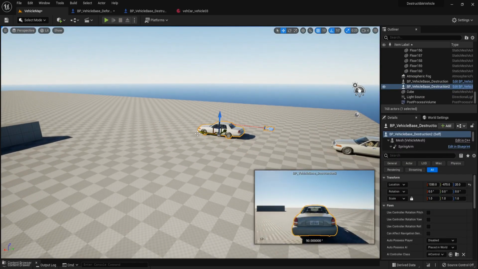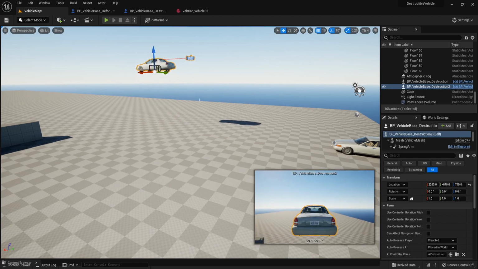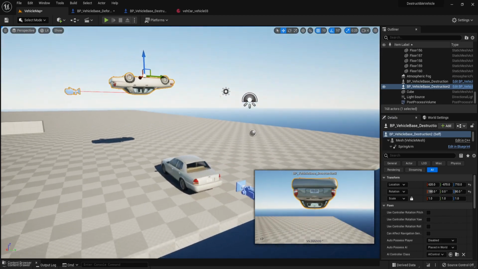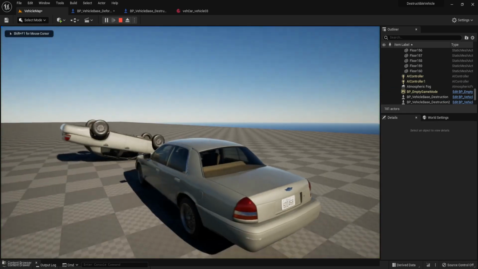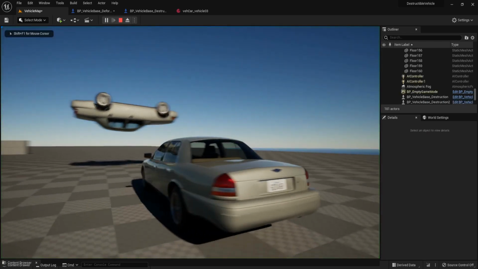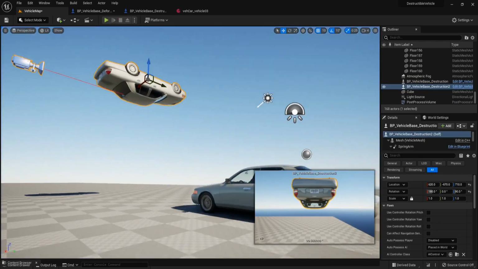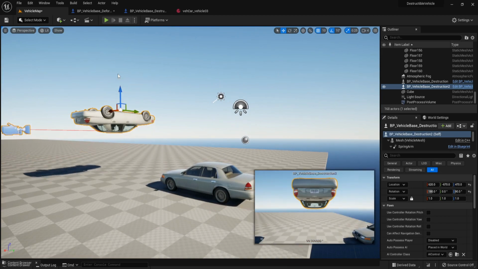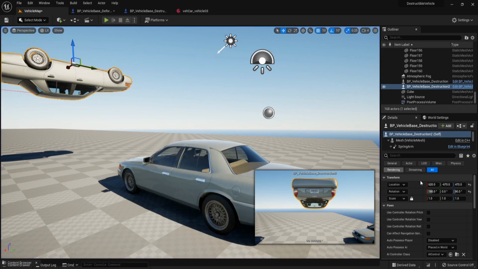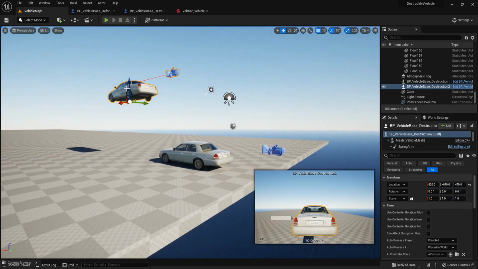And not only vehicle with vehicle can break the glass, you can move it up and then rotate it 180 degrees. And then let's play test. You can see it breaks the glass when it hits the ground. And this is the end of our tutorial for this breakable glass or destructible glass.